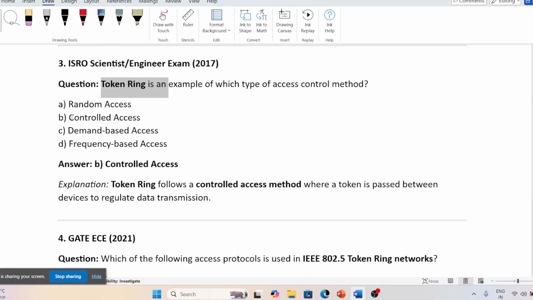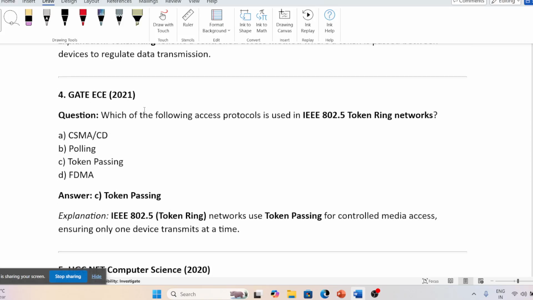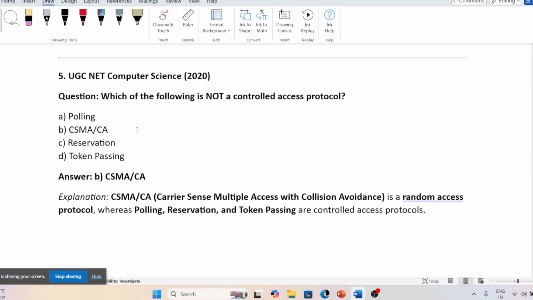Now token ring is the example of which control access protocol? So token ring क्या रहता है? Control access का रहता है। Which of the following access protocol use IEEE 802? So 802 ये किसका रहता है? आपका बेसिकली इथरनेट का रहता है। 802 के बाद जो 3 4 5 रहता है, सो आपको IEEE स्टैंडर्ड से याद करना। Sometime they ask in exam also, in 5 we are using token ring, किसमें क्या है? टोकन पासिंग के अंदर आ जाएगा ये।